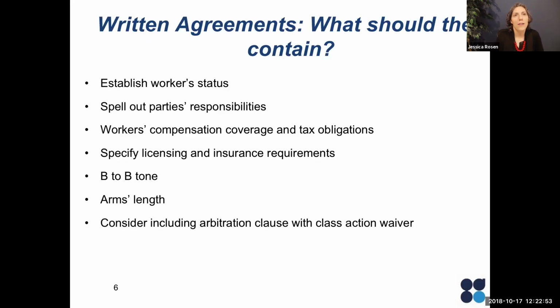Okay, so moving on to some strategic considerations. What should an agreement contain, right? So let's say you've decided that Pat is going to be your independent contractor and you want to formalize the relationship. So it's a really good idea to specify the nature of the work being performed. And contracts are important, but they are not the end all, right? But if you don't have a well-written contract, it's going to be really hard to defend the classification of someone as an independent contractor.